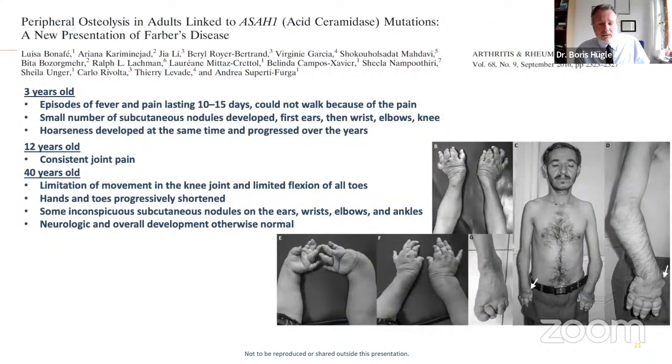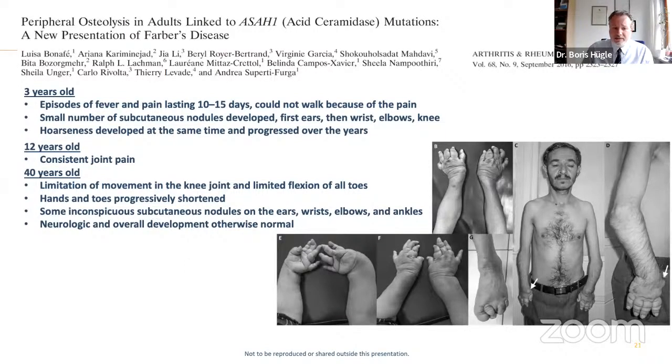That's one very interesting case that was described a couple of years ago of a patient who was 60 when he was diagnosed, and he had this odyssey of going to doctors. His symptoms actually started at age 3, where he had these pain symptoms and a little bit of nodules, and then he lived with his joint pain for pretty much his whole life. And in later life, so age 40 and over, his